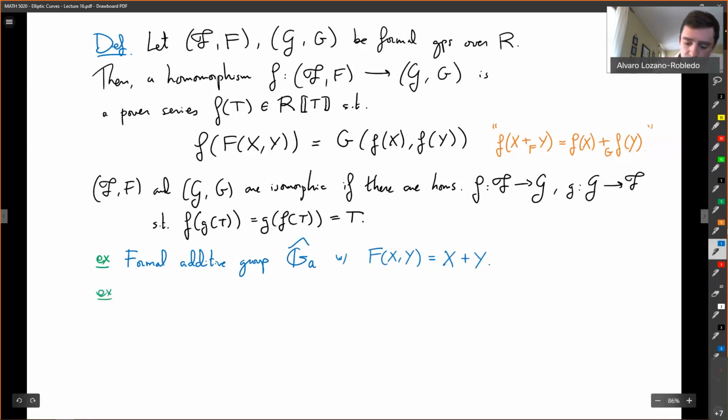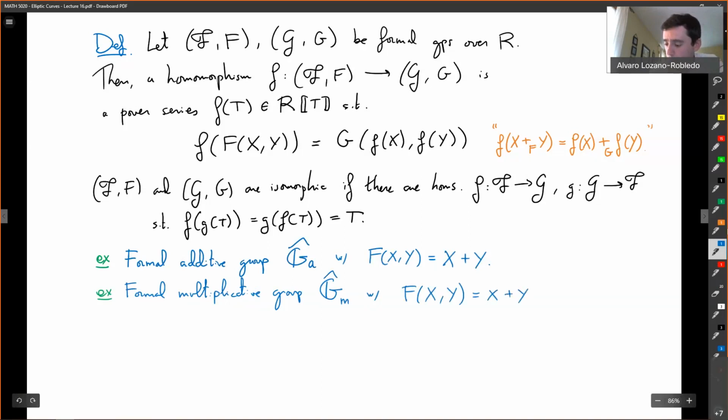is the formal multiplicative group. This one we call GM, and the formal multiplicative group is x plus y plus xy. Okay, why is that? That's because